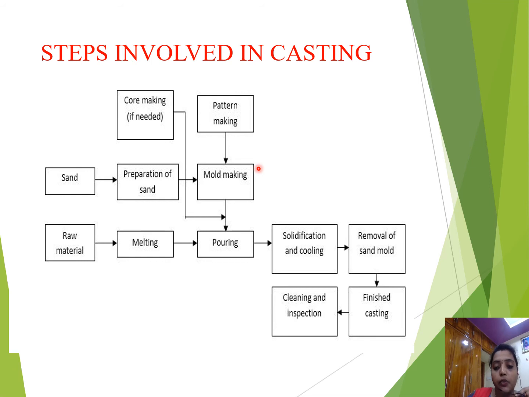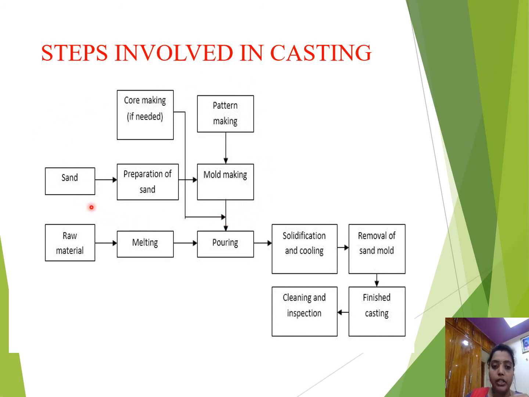That cavity means what? The required object shape. The shape we can prepare by using the pattern. That's why first of all we want to make the required object prototype. That means duplicate of the final object. That one is known as pattern. That whole process is known as the pattern making process. First of all we will make that pattern also. After that it will go through the mold making process, and afterwards it involves the manufacturing process. Okay, these are all the pre-preparation methods.